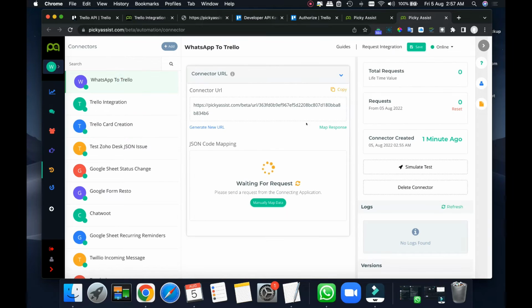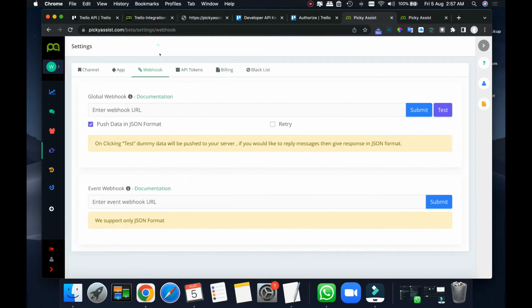So this is the URL which needs to be copied and set here. Make sure the push data in JSON format is ready and submit. That's it. So in this case, all the messages coming to your Picky Assist platform in WhatsApp will be pushed to Trello, and if no card is found, then it will automatically create a new card which is specified in the automations that we are going to do.